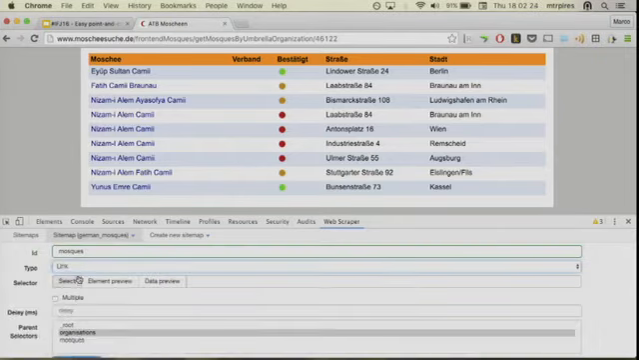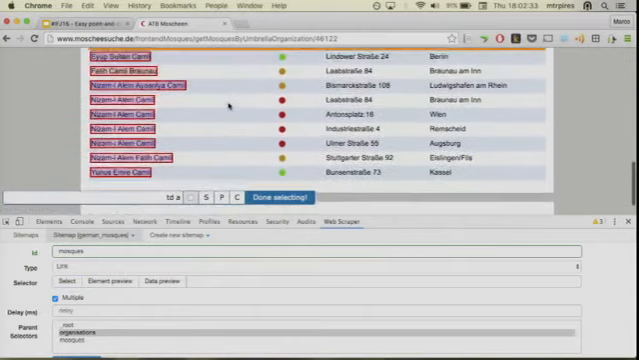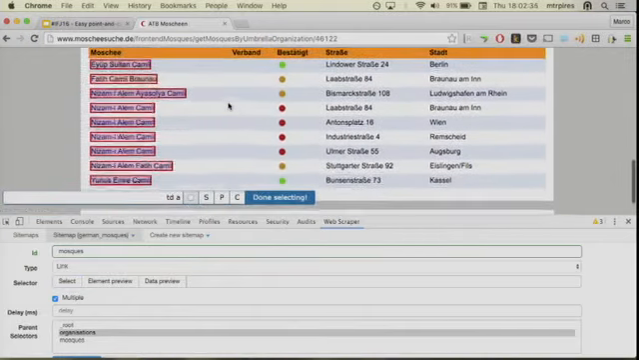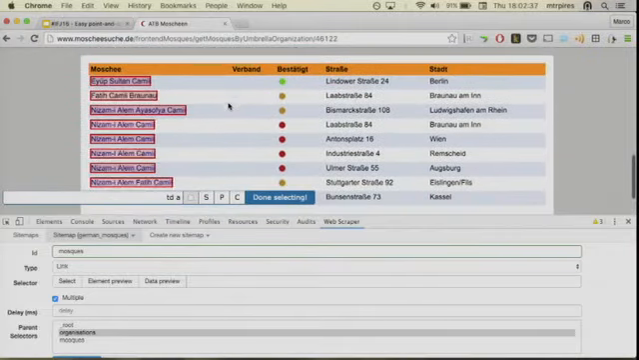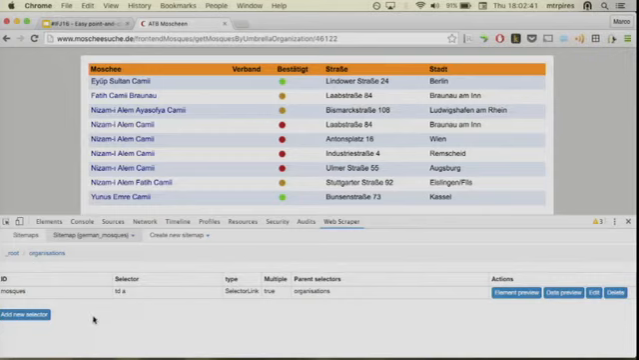It's a link. I'm going to check multiple. And I'm going to select. So I have all the links here. Okay? Done selecting. Save selector. And when I click on the first mosque here,